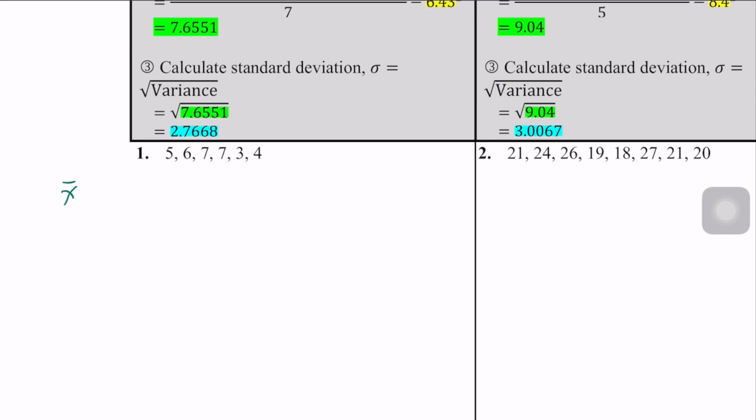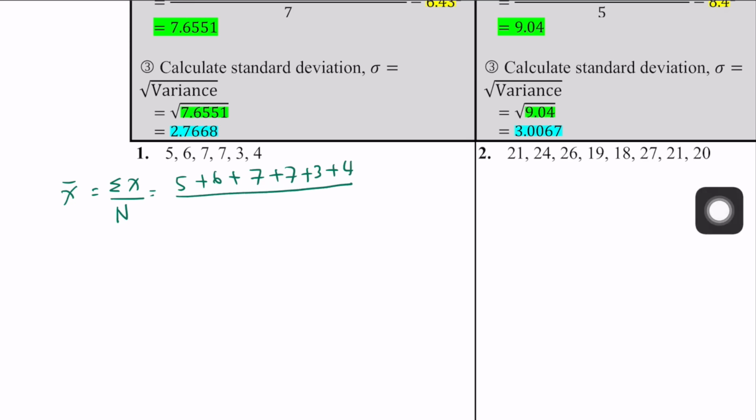The formula for x bar is summation of x divided by n, where n is the total number of samples. So you have 5 plus 6 plus 7 plus 7 plus 3 plus 4 divided